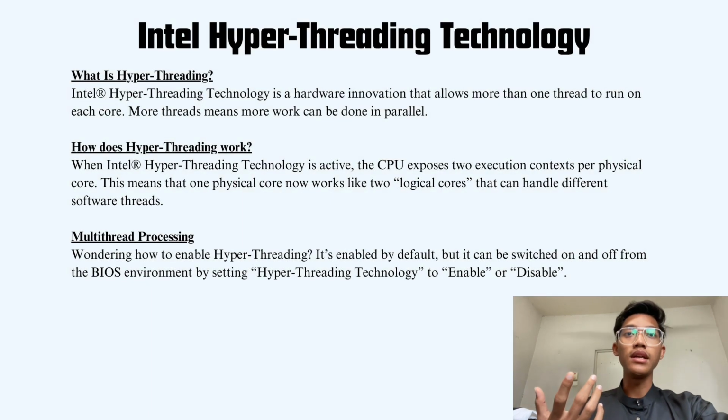What is hyper-threading? It enables several threads to operate on a single core. Threads allow for the parallel execution of work. How is hyper-threading implemented? Each physical core of the CPU exposes two execution contexts when Intel Hyper-Threading Technology is enabled. Tasks can be completed by two logical cores more quickly than by a single standard core. How to turn on hyper-threading? Although it is turned on by default, you can turn it off or on by adjusting the hyper-threading technology setting